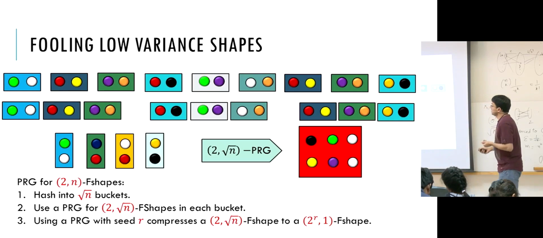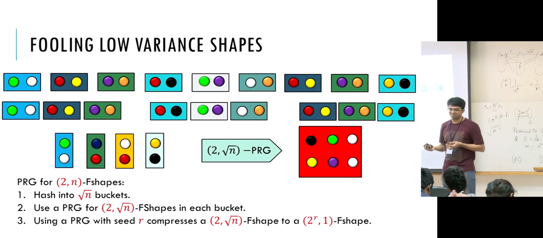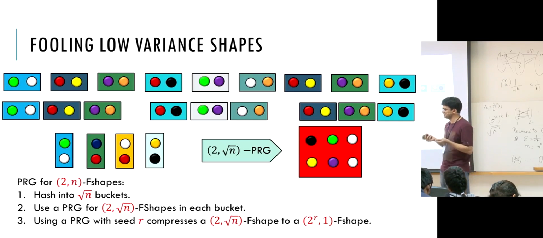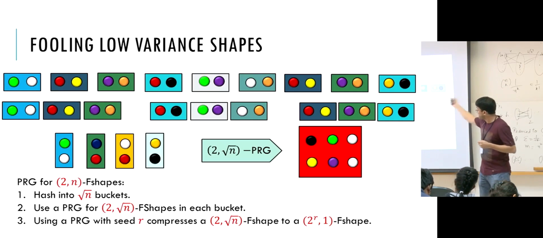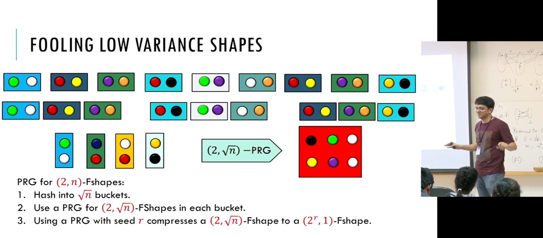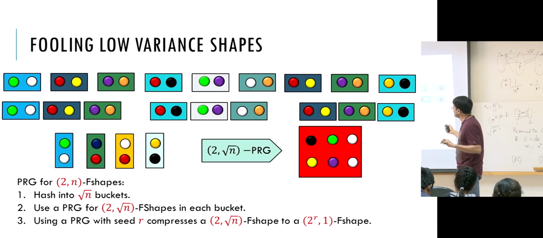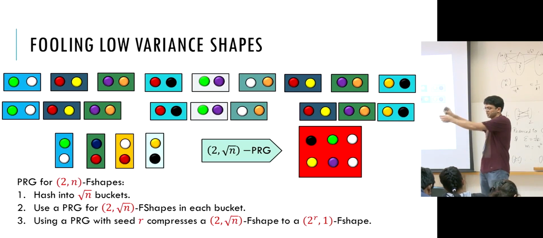Okay. We're trying to come up with a pseudorandom generator for it, right? In rectangles, the first thing we did was to reduce the alphabet from m to root m. Here, we're already at alphabet 2. There's not much scope for reducing the alphabet any further, right? So let's try instead to reduce the dimension. But we want to reduce the dimension down to root n because we want our recursion to end in log n steps, right? Okay. So what we're going to do is to hash these various bins